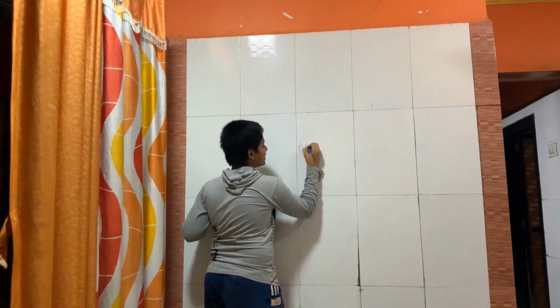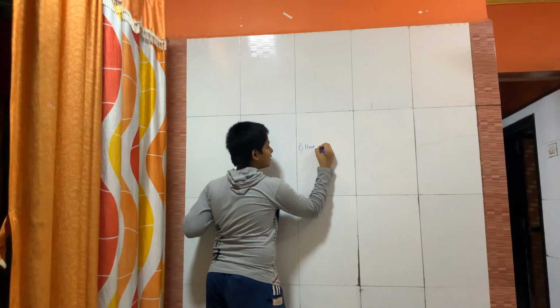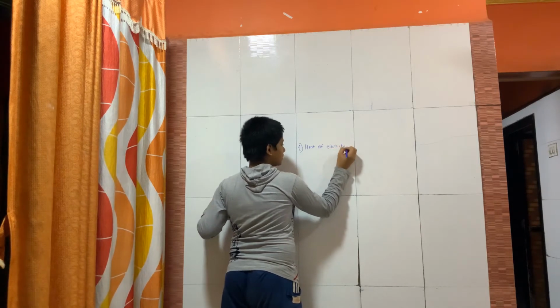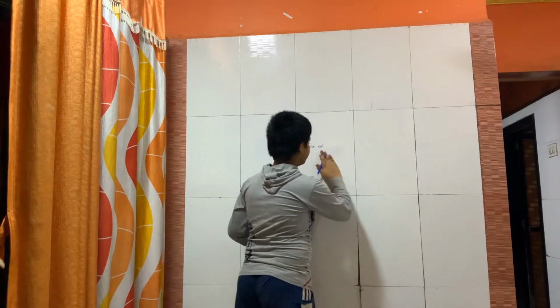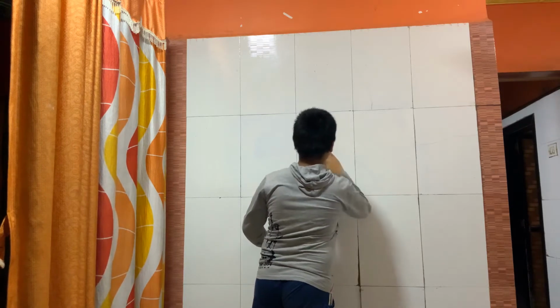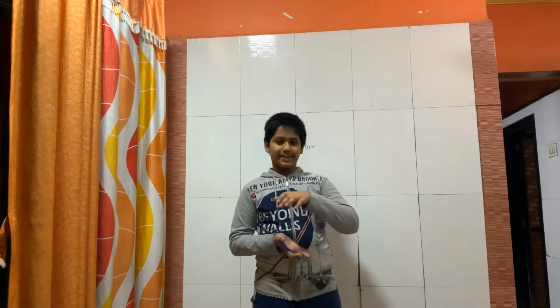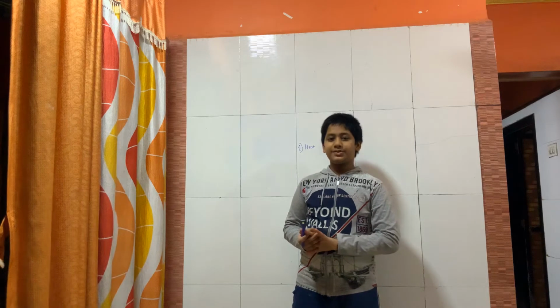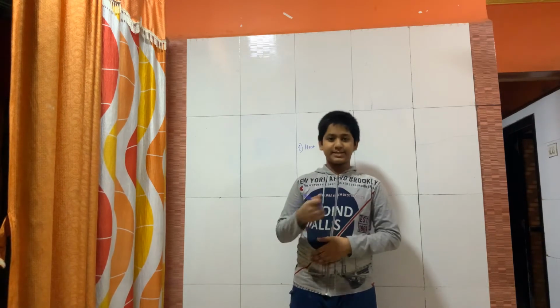Like the first important point is heating effect of electricity. You know heat, right? Now you know the iron. When you take the iron plug and switch it on, then after some time you can see the bottom part of the iron gets heated. This is heat generated by electricity. Because of electricity this is generated, and there are so many such examples.